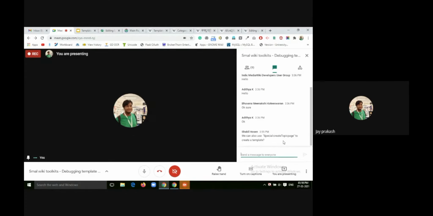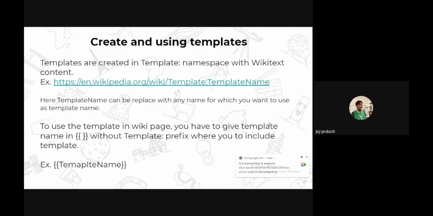No, I think not. I think create topic page is part of the structured discussion extension. You don't need to use a special page for this purpose. You can just go on any wiki and type Template colon and the name of the template to create it. Only two things to remember.